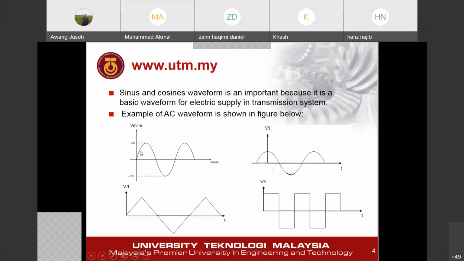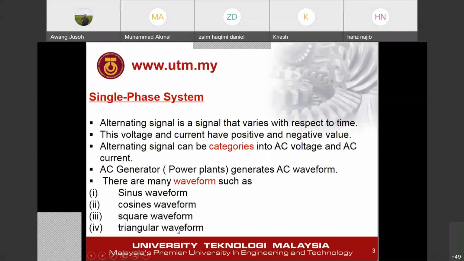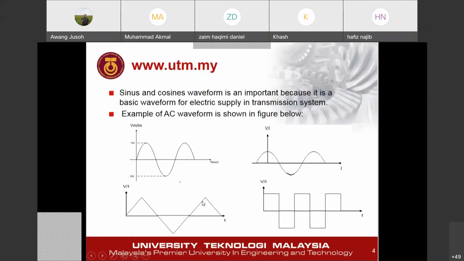Okay, and then we have this. This is a triangular waveform. Sorry, this is a sawtooth waveform. Sawtooth waveform, and this is a triangular waveform. This is a square waveform. Sometimes sawtooth is also known as triangular waveform. Same name, sawtooth and triangular are sometimes the same waveform. And this is a square wave. And this is a cosine waveform.